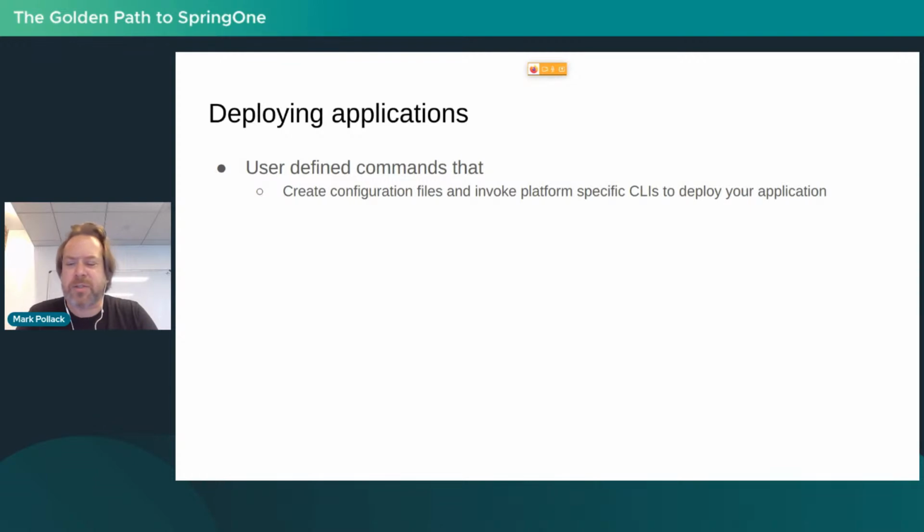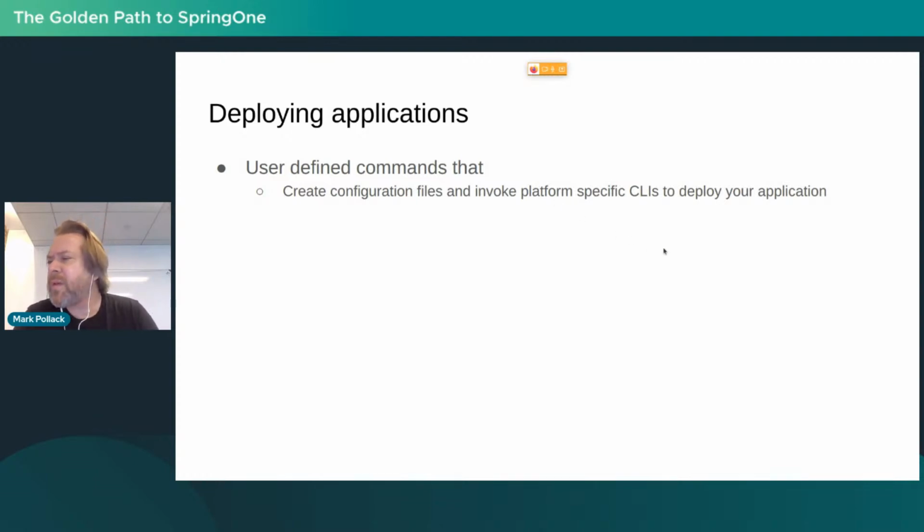I think there was some George Carlin joke of how do you create a path? It's like first you have to walk and you have to push the grass down yourself, right? So if you're just learning to get started with, say, Azure Spring Apps, you probably don't want a whole bunch of Bicep or Terraform templates thrown at you. You kind of want to learn how to use it incrementally through the CLI. And this definitely gets you on that path, although nothing prevents you from creating user-defined commands that create Bicep or Terraform files